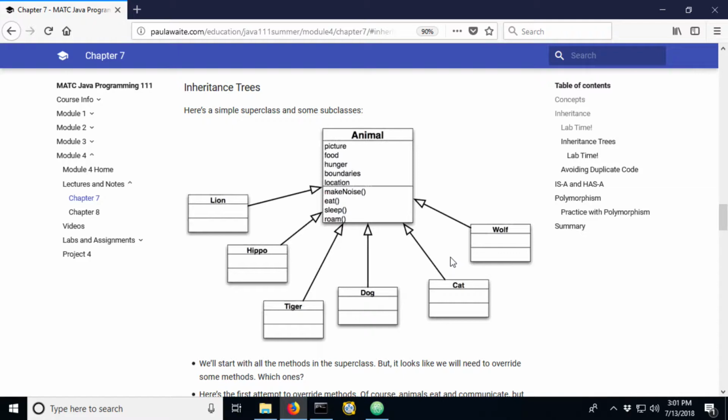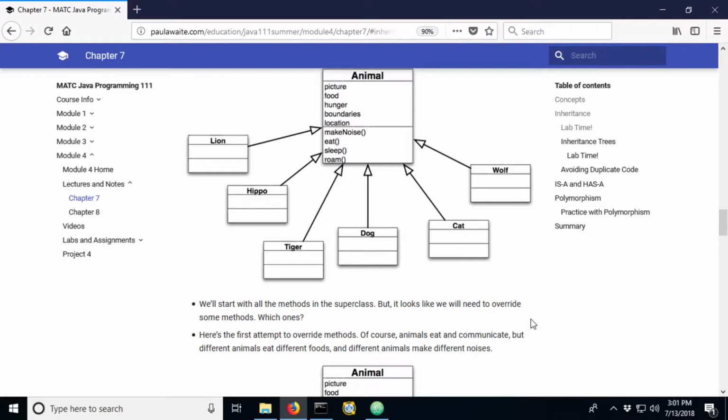So as we're thinking about how we might break things down, we probably need to override some methods, right? So not everything can really live up in the animal class. If you think about make noise, for example, all of these different animals are going to make different noises. And so the make noise method probably really belongs down, overridden in each of the subclasses.